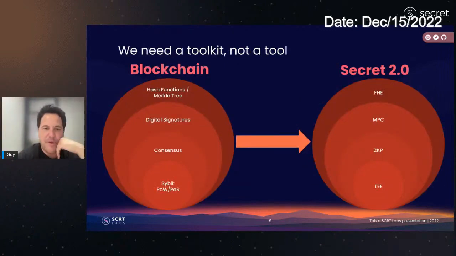This kind of builds to the bigger picture where, just like in the invention of a blockchain, it wasn't enough to just build a proof of work or proof of stake or Merkle trees to the solution. You needed a set of technologies. The same thing here. If you want to build a privacy-preserving blockchain that is the best, then it's not enough to use a single tool. You actually need to use a toolkit. And the goal of Secret 2.0 is basically to take the most common classes of solutions in the literature from the past, like let's say 40 years, and compose them together in a way that builds the best privacy tech stack.